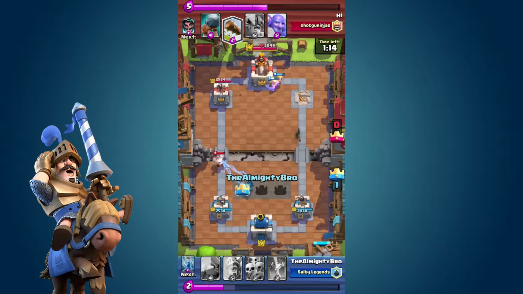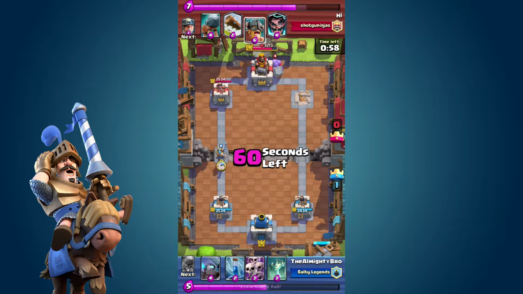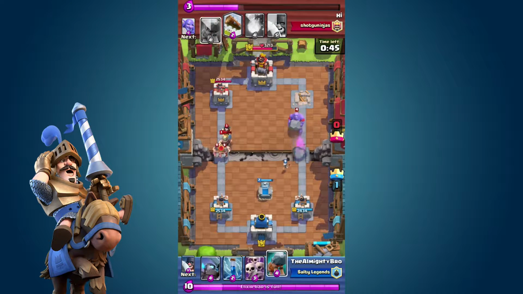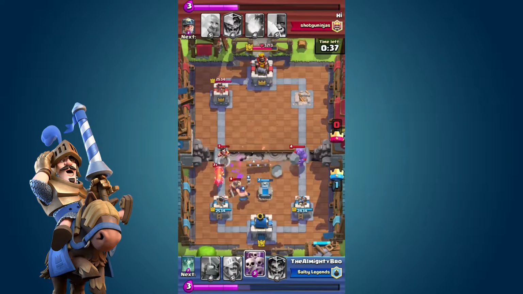And there's still a minute left, and all I have to do is defend. The Executioner and the Electro Wizard counter each other with the tower's help, but I'm not sure without the tower it's going to do anything. Now the reason you guys probably think it's a weird deck is because I do have a Prince in here. And since I said everyone uses the Executioner,